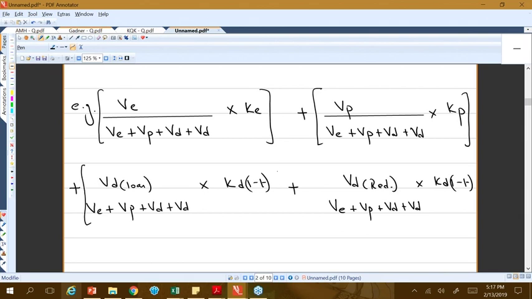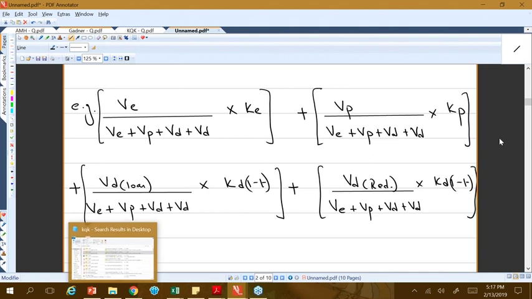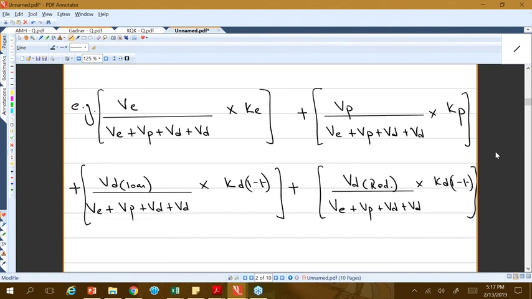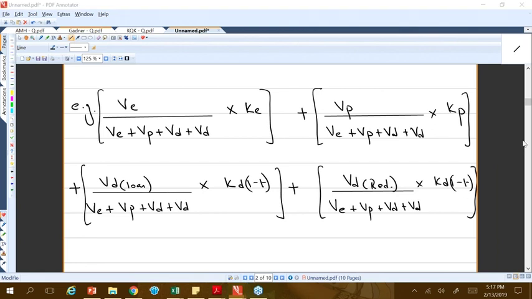Now, this is what we need to understand. If a business was using 4 sources of finance, which are ordinary shares, preferred capital, bank loan, and the redeemable bonds or redeemable debt, then this is how the WACC formula will look. It won't be the one which is given in the formula sheet, which just has 2 sources of finance. Here, we are looking at 4 sources of finance.